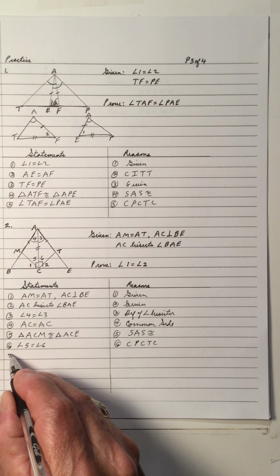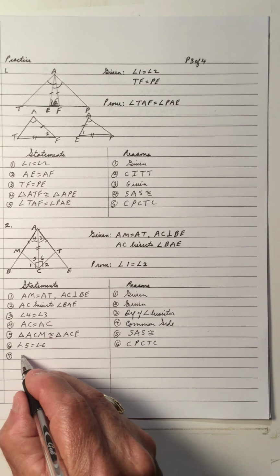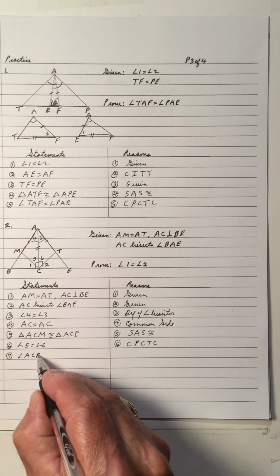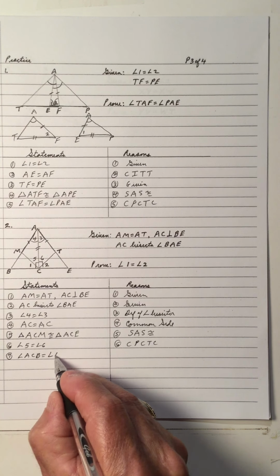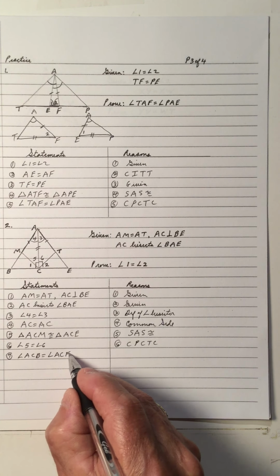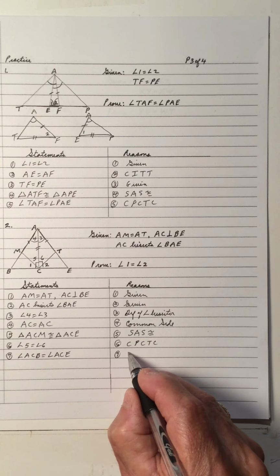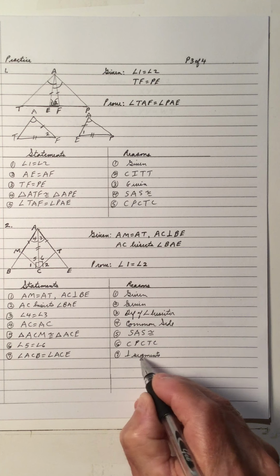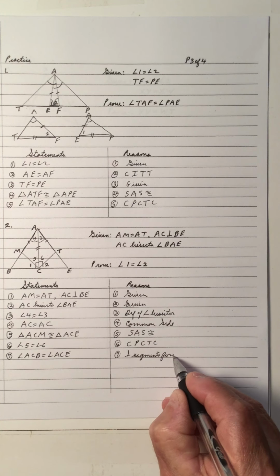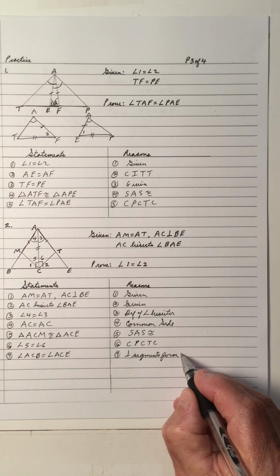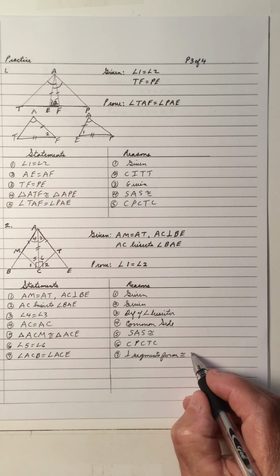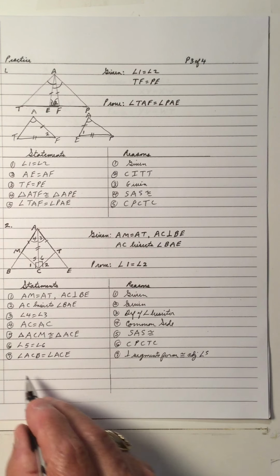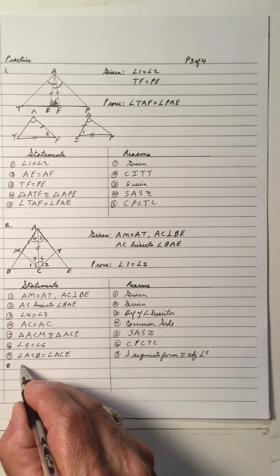And because of the perpendiculars that we have here, that makes the angle ACB equal to the angle ACE, because perpendicular segments form congruent or equal adjacent angles. And